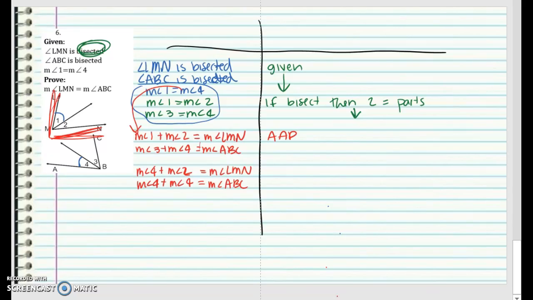Now I'm almost exactly the same. I really need to make this 2 be a 4. I don't directly have a statement right now that says that 2 is equal to 4. So I kind of need to say that. So I'm going to backtrack a little bit in my proof. Maybe I'll squeeze that statement in right here. And I will say that angle 2 equals angle 4. So that way, now I can say the measure of angle 4 plus the measure of angle